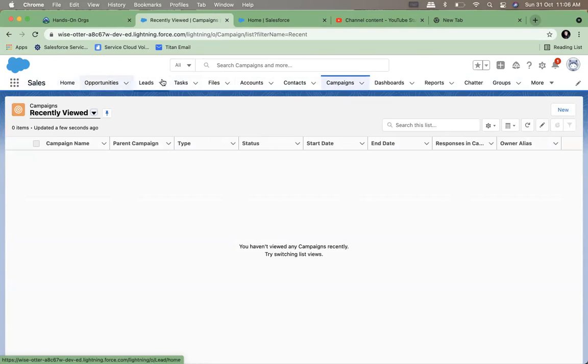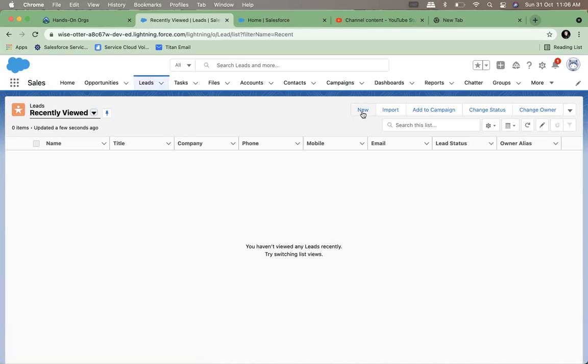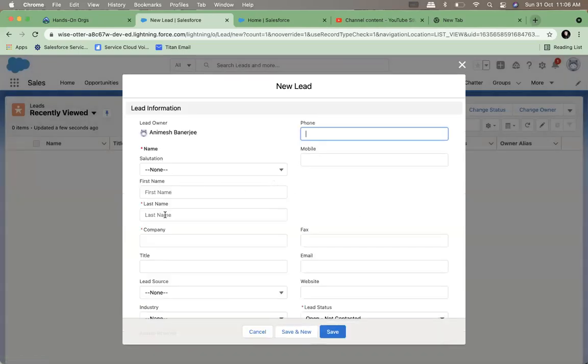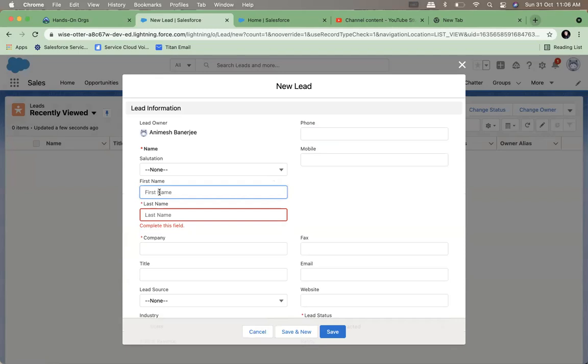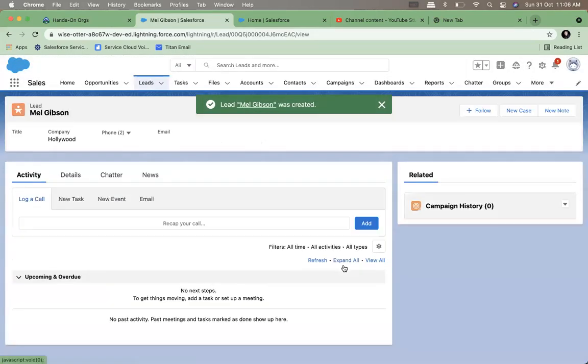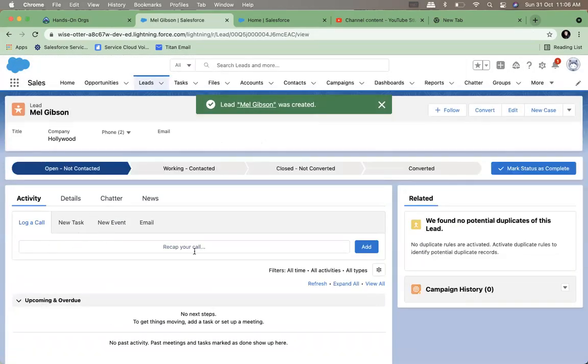At bare minimum, we needed our journey to begin from the lead creation, right? The first step, when a salesman gets out of his house, is to target which person I approached. So I approached Mel Gibson, company Hollywood. I logged a call.